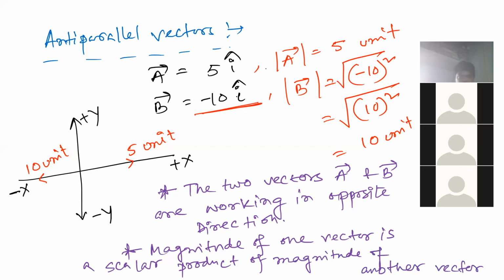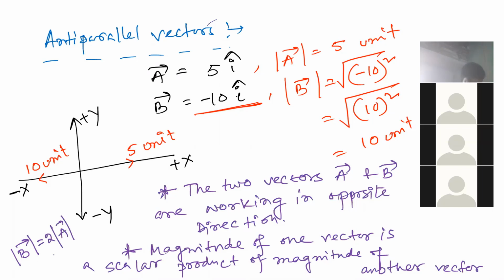The rest of the people, girls, is this thing clear? Point 2, obviously I can say: the magnitude of one vector is a scalar multiple of the magnitude of another vector. How can I see it? You can see the magnitude of A vector is 5 units, but the magnitude of B vector is 10 units. So it can be said that